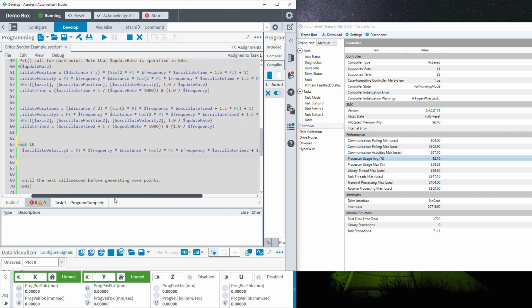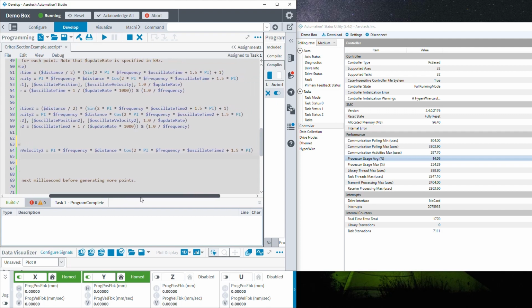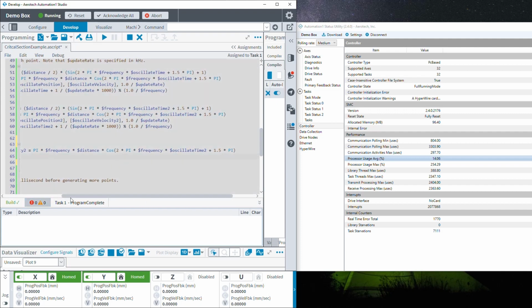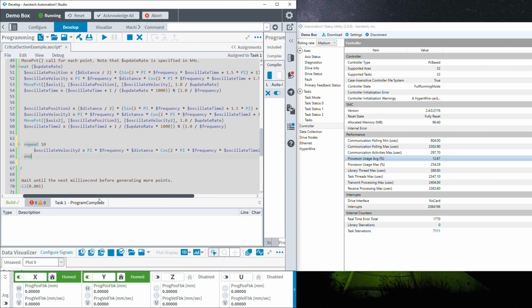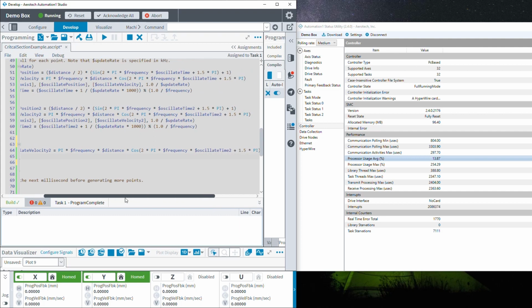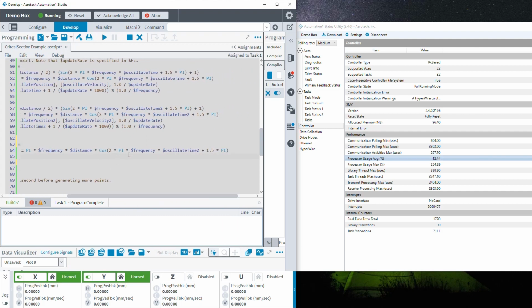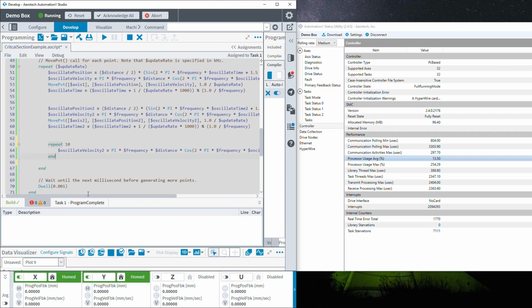Now, this calculation is just a line copied from above, and it's just to work out the oscillation velocity. So it's pi times the frequency times the distance times the cosine of a load of gubbins just there. So you can see it's quite a complex calculation. You've got 1, 2, 3, 4 steps, 5, 6, 7, 8, 9 or 10 different steps within that calculation. So that's